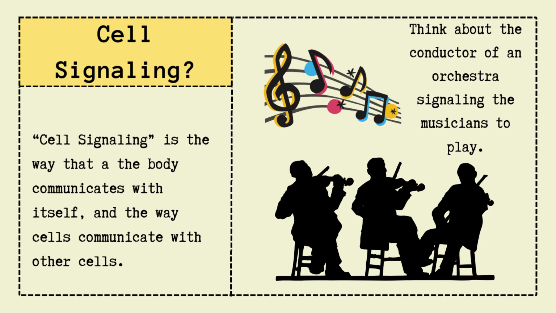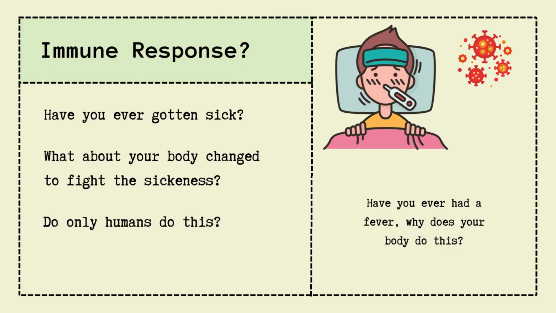Now let's pretend that the tubas are not watching the conductor, so they do not know when to come in, and instead they listen for the trombones to know when to come in. This would be an example of cell-to-cell signaling interaction. Cell signaling also occurs inside an individual cell, so think about all the clarinets telling each other when and how to play. There is a central chain of command, and signals get passed through the orchestra at every single level. This is the same with the body. This is a difficult concept to wrap your head around, but always think about the orchestra metaphor and you will begin to understand it.